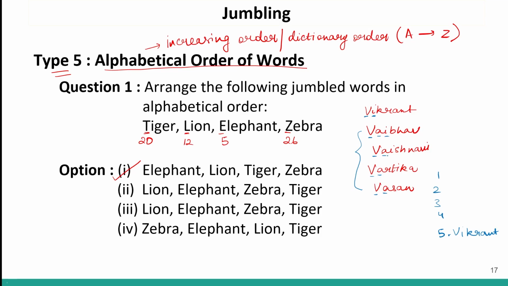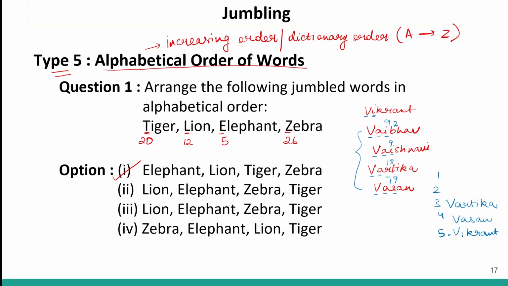Then we'll move one position forward. Here we have I, R, and S. So I is 9, right? R is 18 and S is 19. This we know, right? Correct? Forward ranks. So 18 and 19 we know. So at third position we have Vartika and then we have Vasan. So this is fixed. Now I have to check between Vaibhav and Vaishnavi.